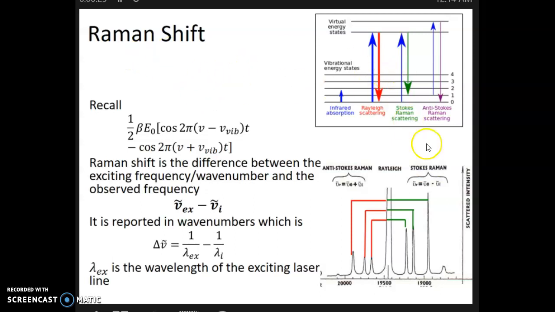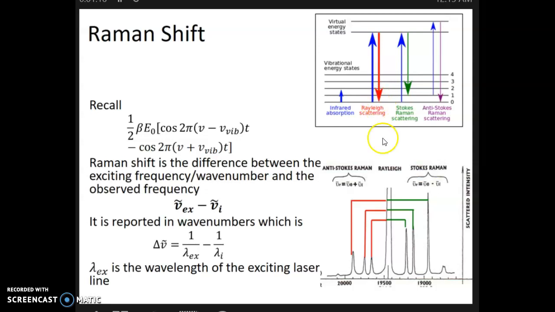So in the last video, we said that the Raman spectrum shows the Rayleigh line, which is light scattered at the same frequency as the incoming laser light, and then it shows the Stokes scattered light, so that's at lower frequencies, and then the anti-Stokes are Raman scattered light at a higher energy. And then the Rayleigh line, that Rayleigh scattering, which is a result of elastic scattering, so there's no net change in